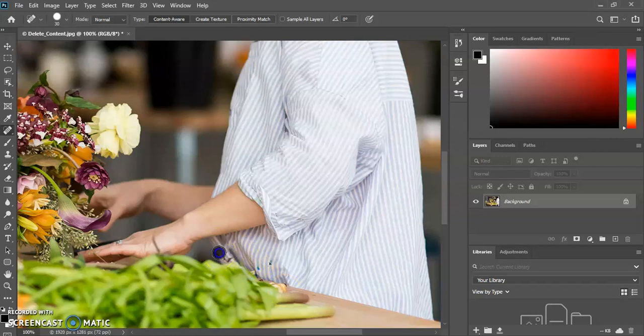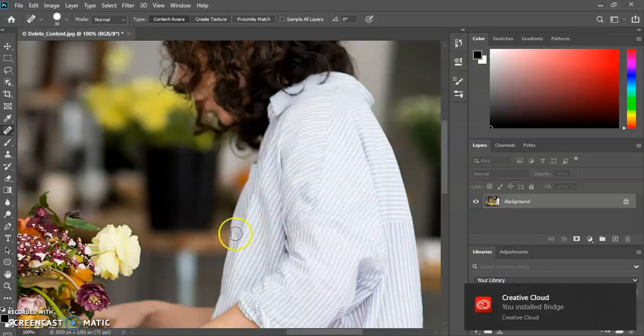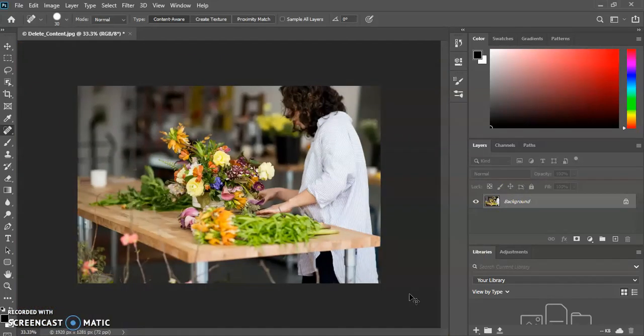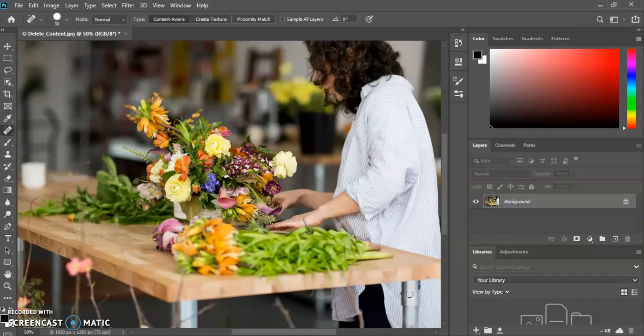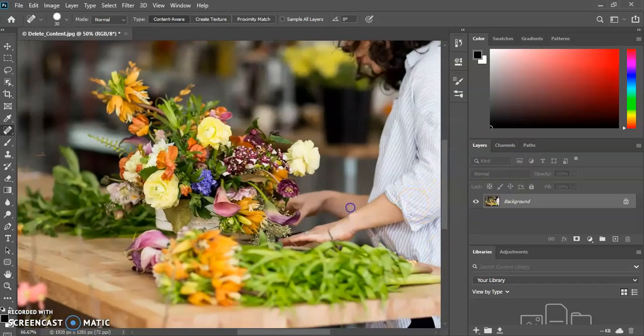So I'm just going to finish it up to make you understand how this content aware and spot healing tool works. Okay, so now if you look at her shirt, it is much better without any marks, and from the naked eye we cannot say that there were any spots previously. So if we see over here,